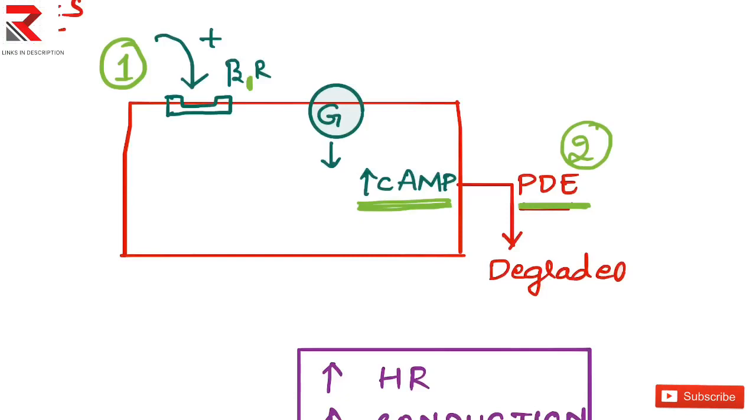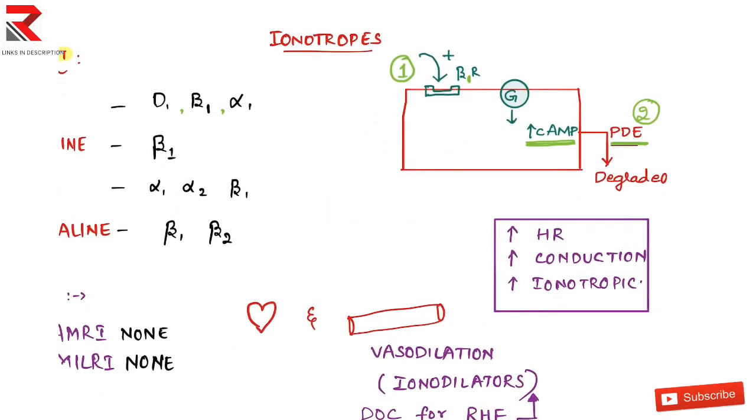So what is the drug you can use? You can stimulate this, but the cyclic AMP which is increased is not always increased. Later on, gradually, due to the presence of the phosphodiesterase enzyme, the cyclic AMP gets degraded. In congestive heart failure, you need the inotropic action, which means you want the cyclic AMP, you want your friend to stay with you. If you want your friend to stay with you, you want to kill the enemy. Here the enemy is phosphodiesterase. So you want to get the friend and also kill the enemy.